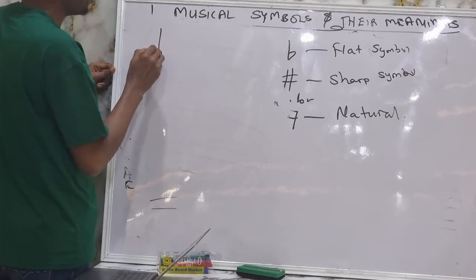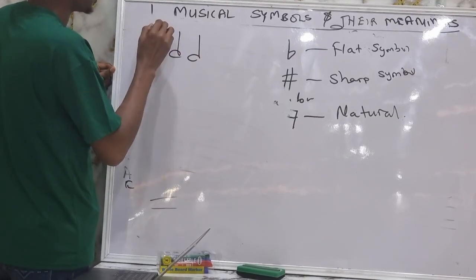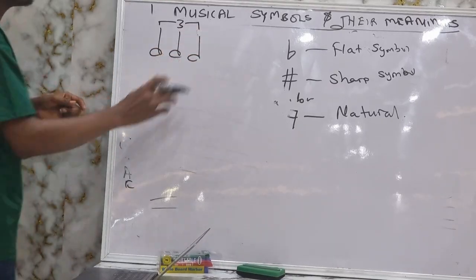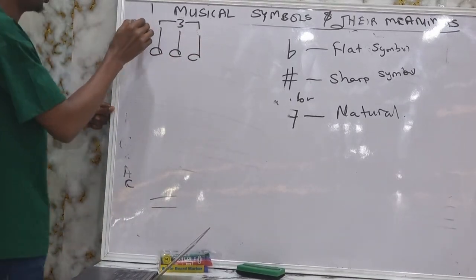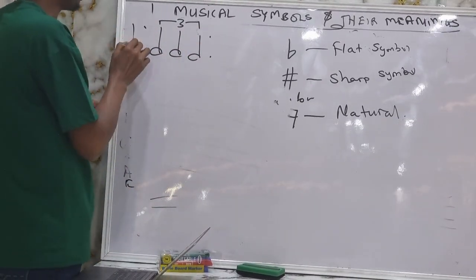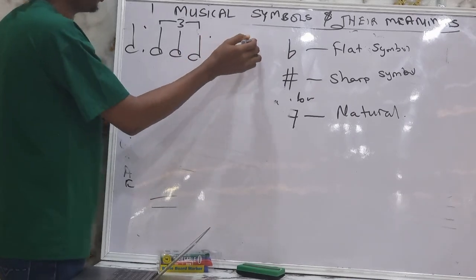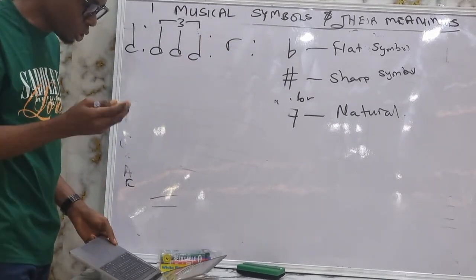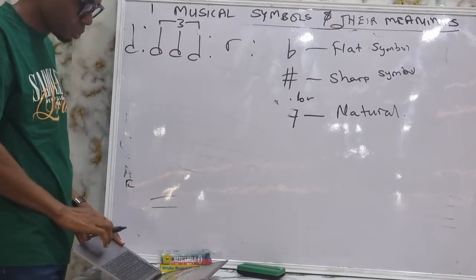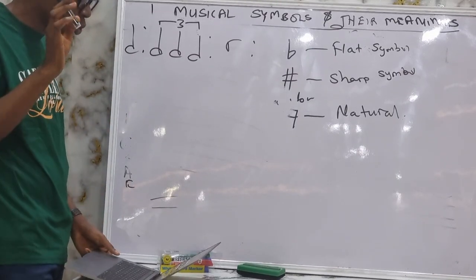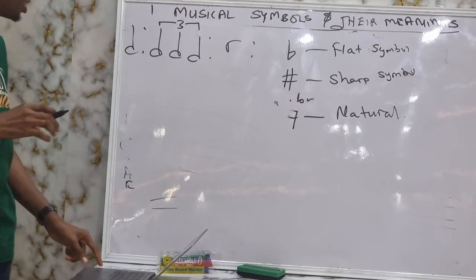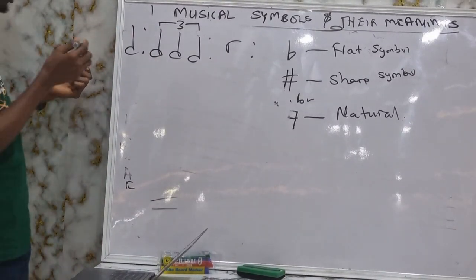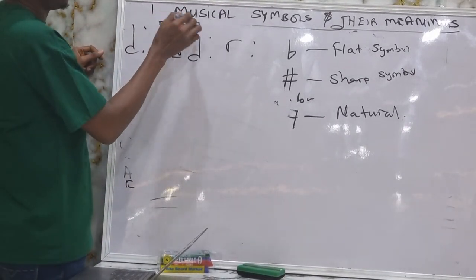We've already made mention of this. When you have something like this, we've already said it before, right? You see it everywhere, whether in tonic solfa or whatever. We call it triplets. The general name is called triplets. So if you have 3 of them, they call it triplets. If you have 2, they call it